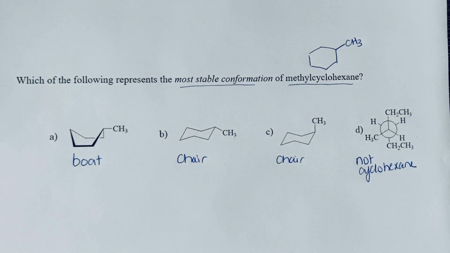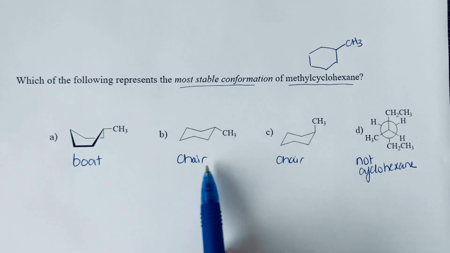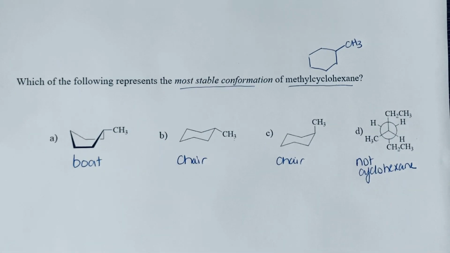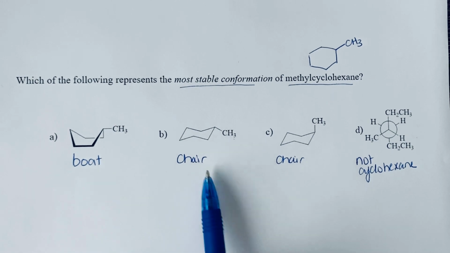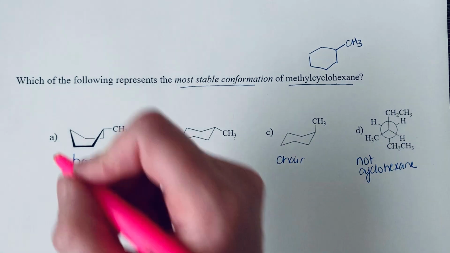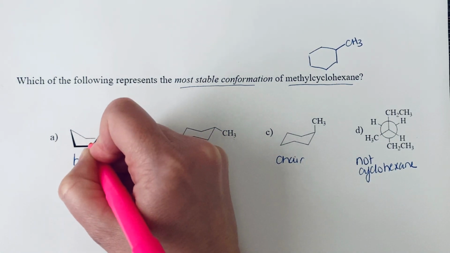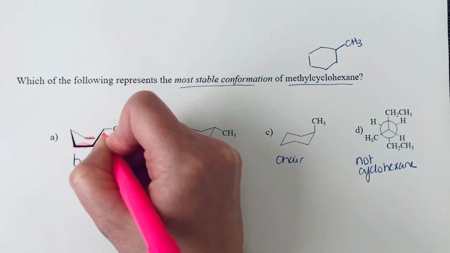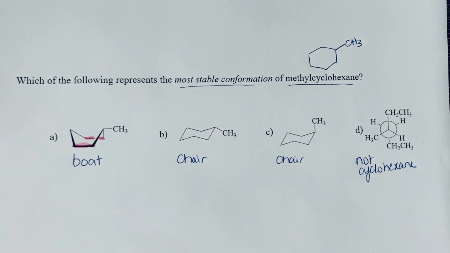So the first thing that we want to know is which one of these conformers is the more stable one. Is it the boat or is it the chair? So I'm just going to quickly draw a Newman projection so we can see where we have eclipsed and staggered conformations. So I am going to look down this bond and this bond of the boat conformation. And what I will see